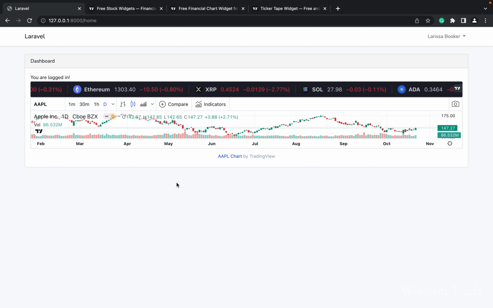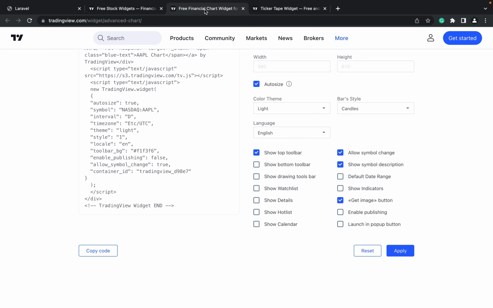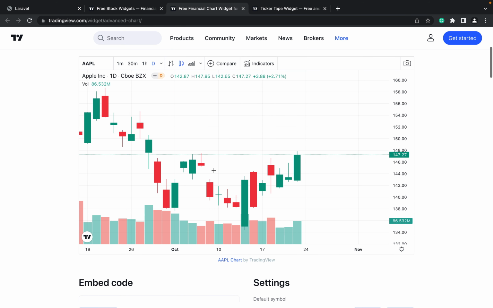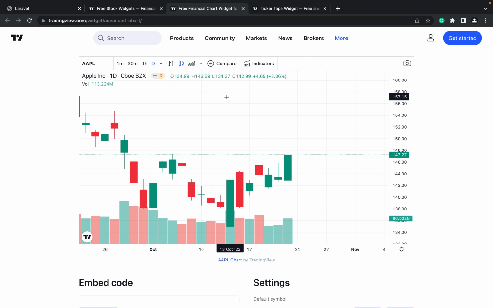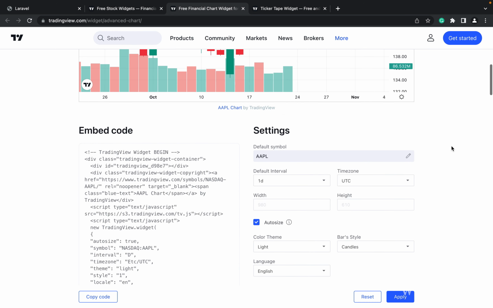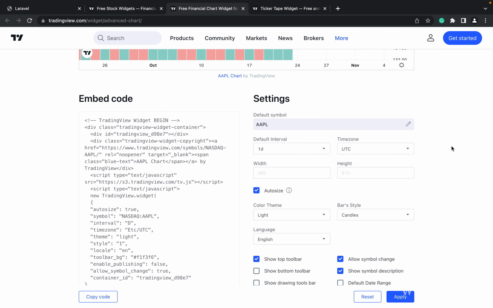Okay, let's quickly see how we can change the size of this widget, the last widget we just added. In our project, if you notice, the widget is compressed here, while in this place it is way bigger. By default, they set it to auto resize. Auto resize means that it's going to adapt to any container that you place it inside. So if you specify the height and the width of the container,